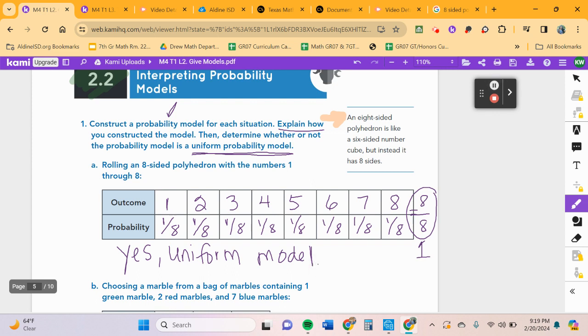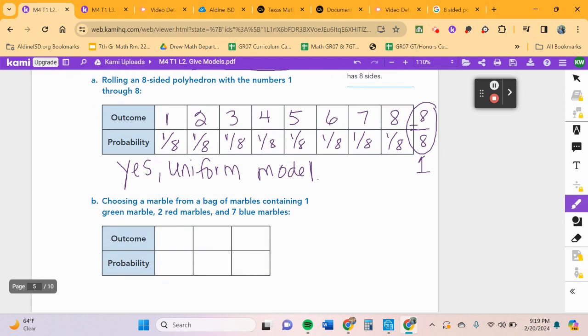Try to be detailed in your explanation. That's how you know that you are a true master of this skill. Alrighty, now that you've got a model and you've got something to go off of, I'm now going to release you to do B,